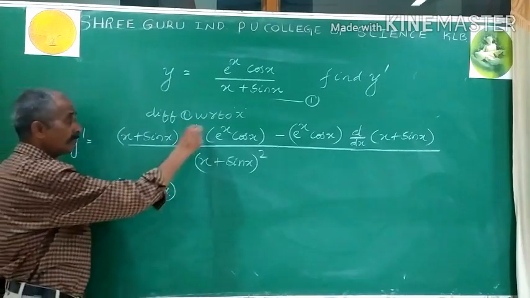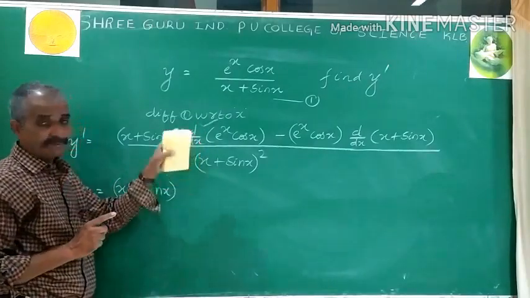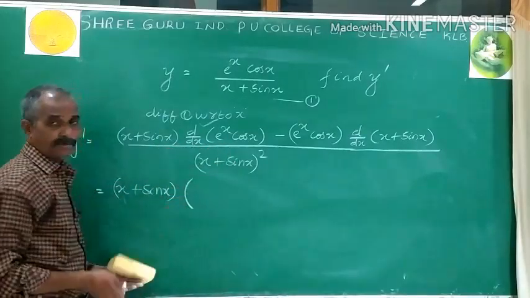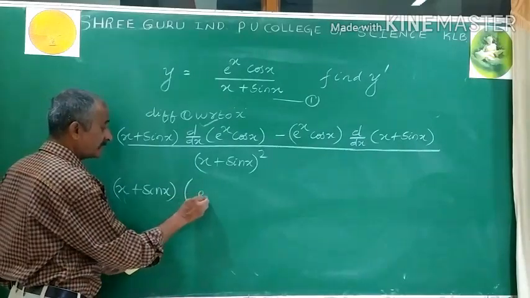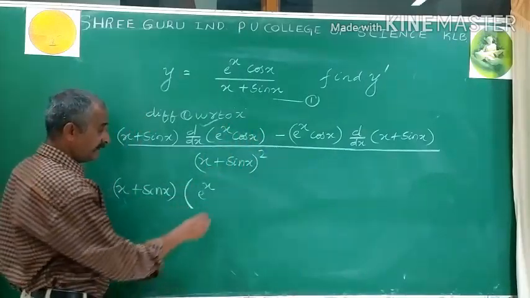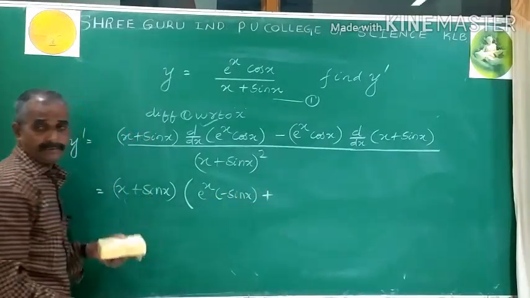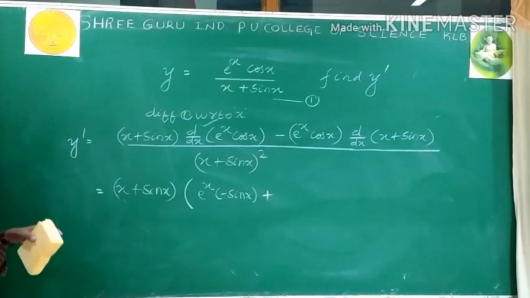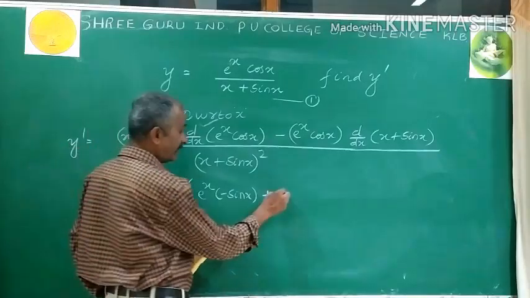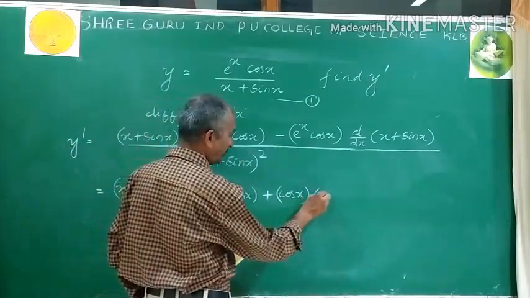Here we have the symbol of differentiation. As I told, whenever you want to differentiate, you should be aware of the rule, whether sum, product, or quotient. Here, because of the product, let's apply the product rule. By the product rule, first function e power x as it is, multiplied by the differentiation of cos x, which is minus of sin x. Note that in the quotient rule we are applying the product rule. The first function e power x into the derivative of cos x is minus sin x, plus second function cos x into the derivative of e power x, which is e power x.